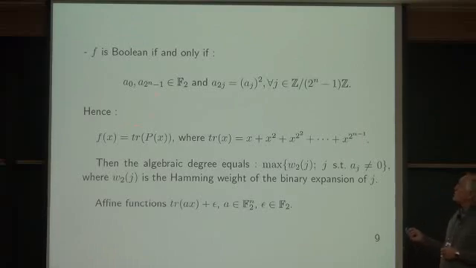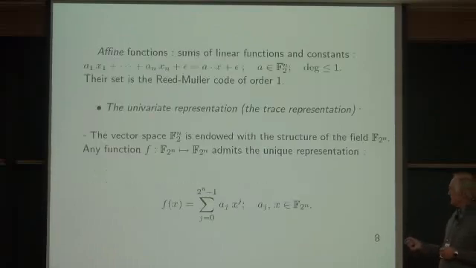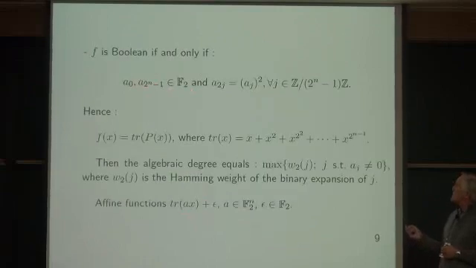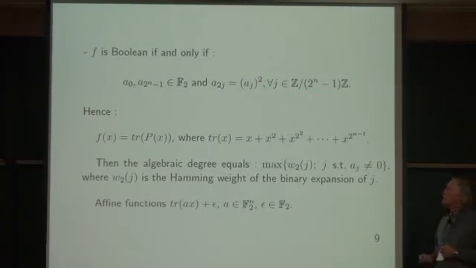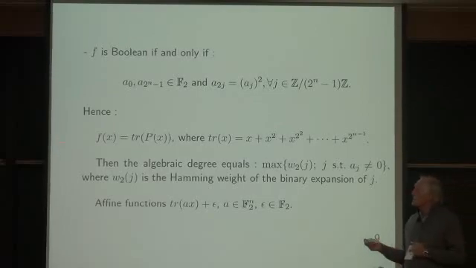First, the two extreme coefficients in this polynomial must be in F2, and for the others, they are in the big field, but a sub 2j is equal to aj squared, where j is viewed mod 2 to the n minus 1. Okay. And this allows, for instance, a Boolean function to be represented as the trace of some polynomial,